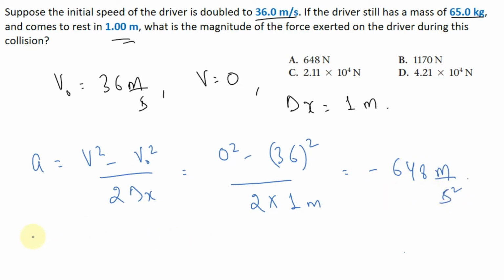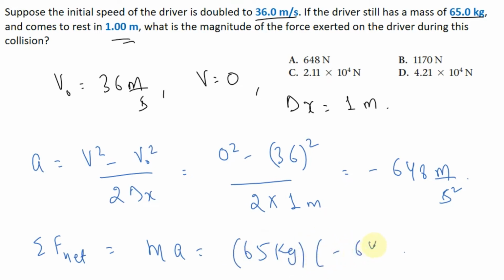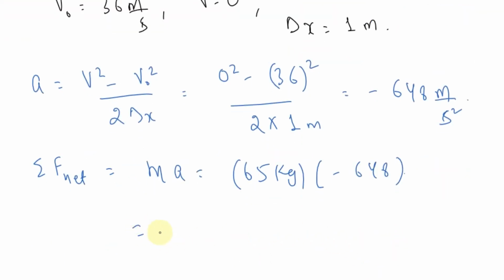Now we can easily find the force required to stop the driver from its initial speed to 0. So this would be mass times acceleration. Mass is 65 kg and acceleration we have negative 648 meters per second squared. If you solve this, you'll get this value to be nearly negative 4.21 times 10 to the power 4